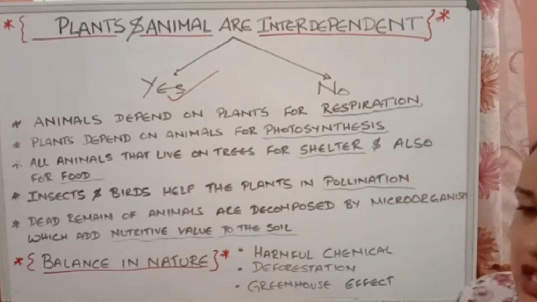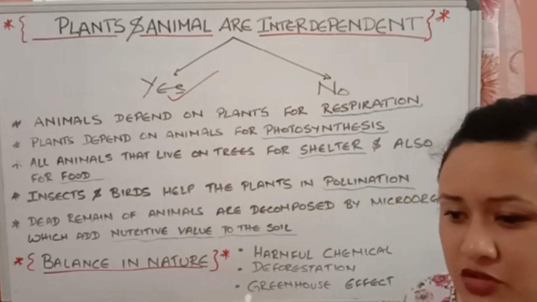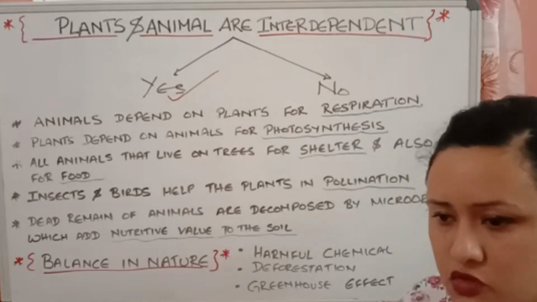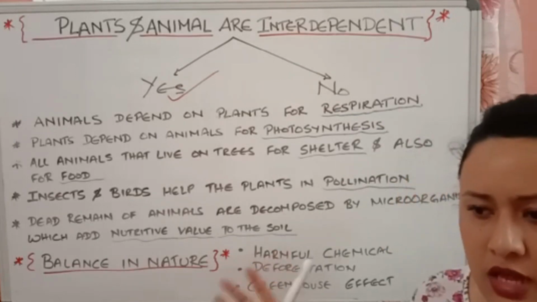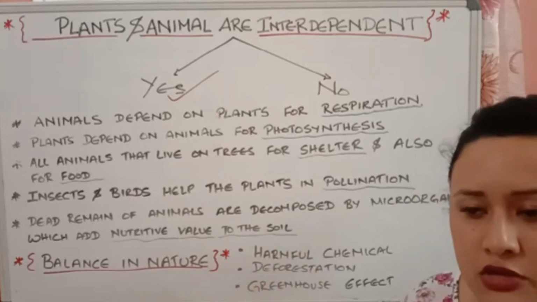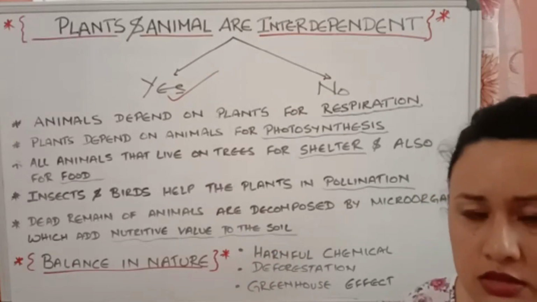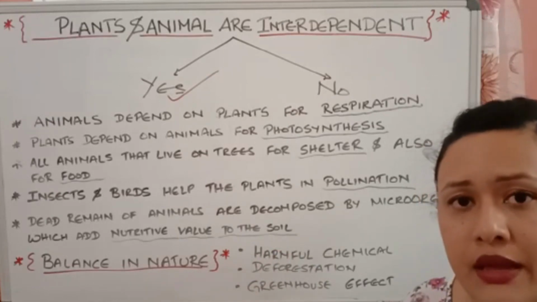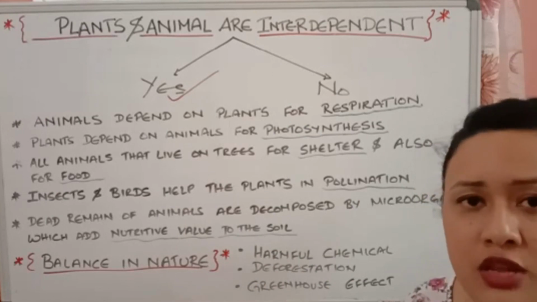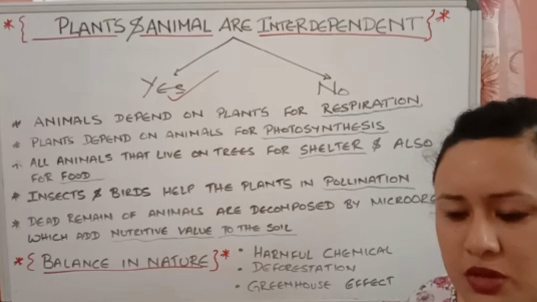The next one is deforestation. In deforestation, what happens? You all know it is the removing, the cutting of the trees. Yes or no? If that is done, you all know the natural habitat for plants, animals, insects and all is the forest. Suppose the forest is cut down, deforested. What will happen? Will they get a natural habitat? Will they get shelter? Will they get food? No.